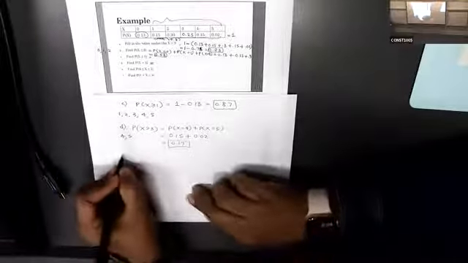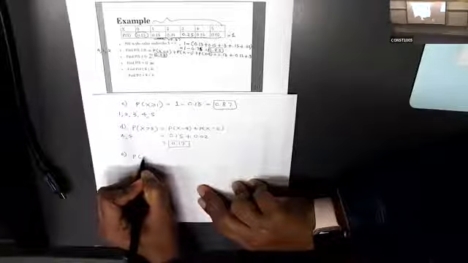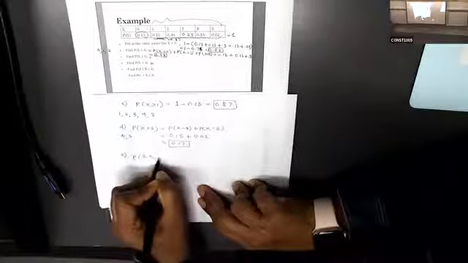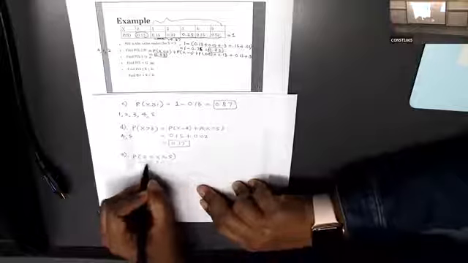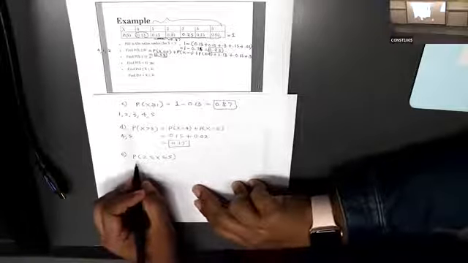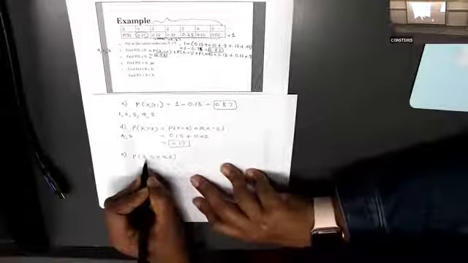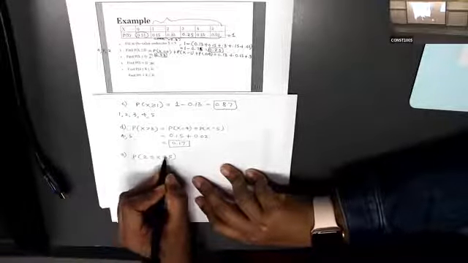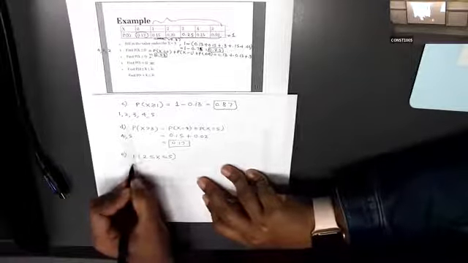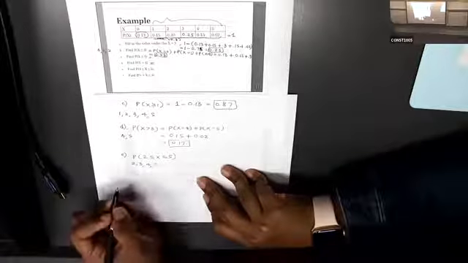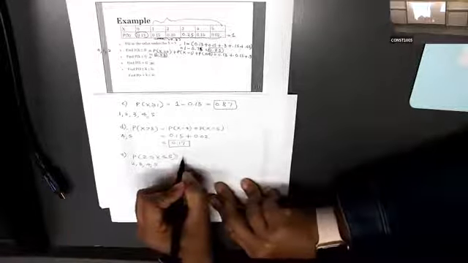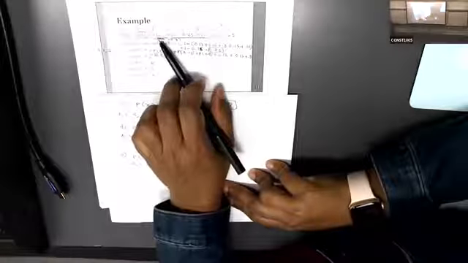Then next one, part E. The question is the probability of x values in between 2 and 5, but here we have the equal mark. So you have to recognize what x values we need to get. Here x should be greater than or equals to 2 and less than or equals to 5. So what are the possible x values? Yes, 2, 3, 4, 5. These 4. So in here, if you want, you can add these values.